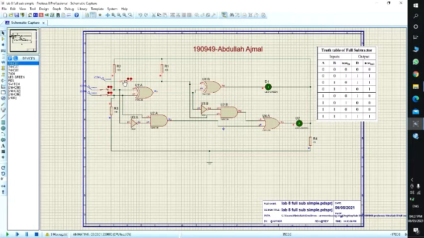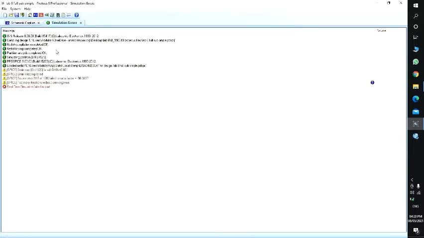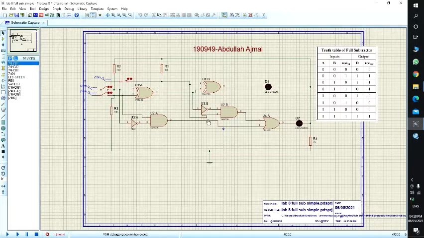For 0, 0 and 0, no LEDs are working. Okay. Now for 0, 0 and 1, we have to change the values.